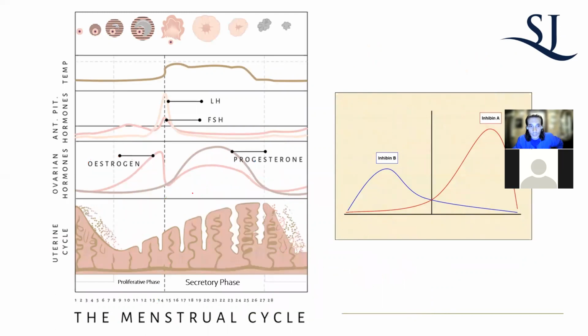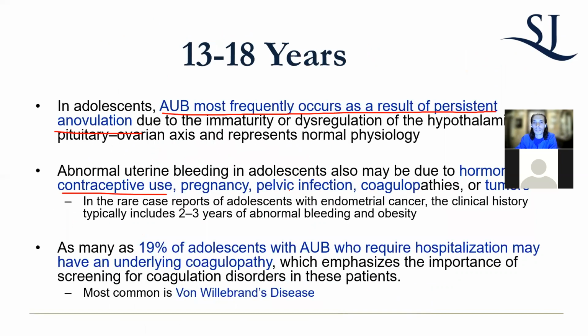The point is that you're having irregular hormone cycles, even though it's artificial, right? So you have to think of it that way. Obviously, you have to rule out pregnancy, okay? But pelvic infections like STDs and stuff like that, this is prevalent among this age group, and that can cause abnormal uterine bleeding in that regard too.